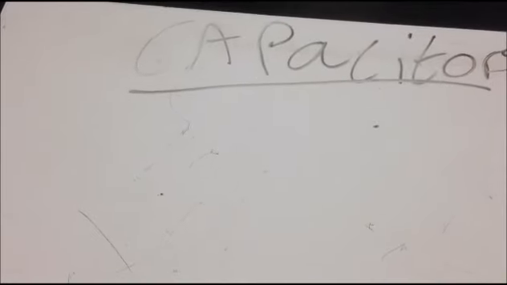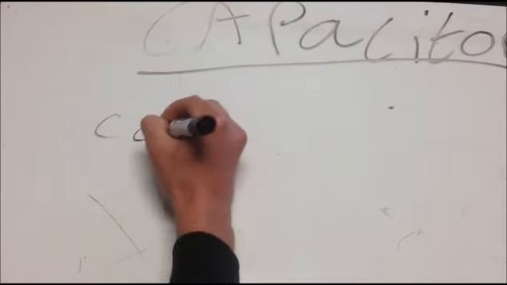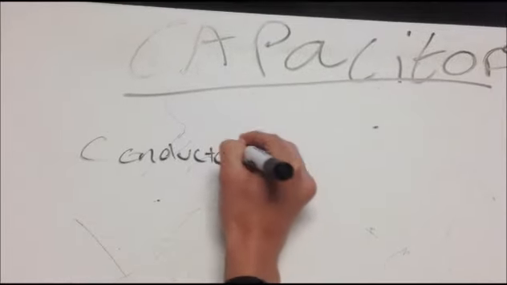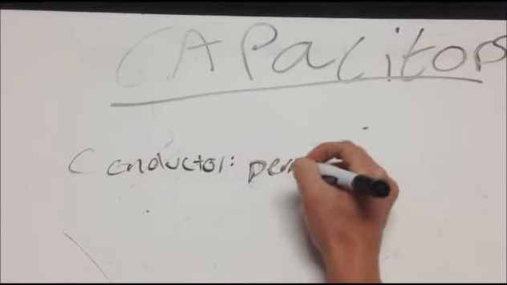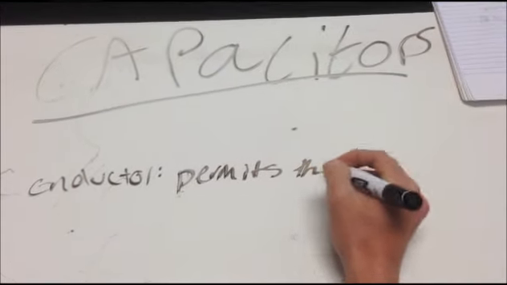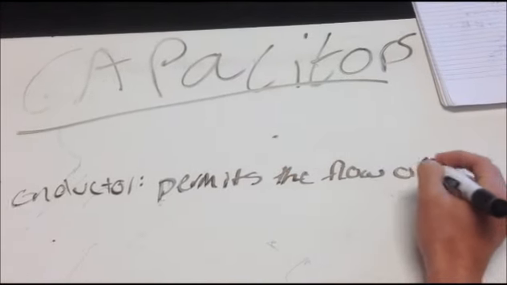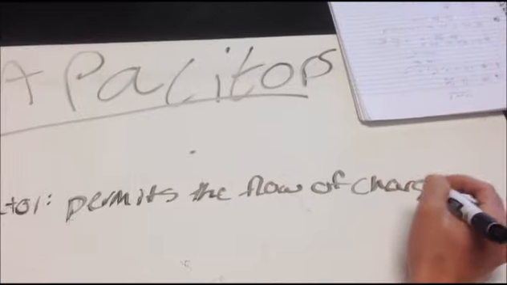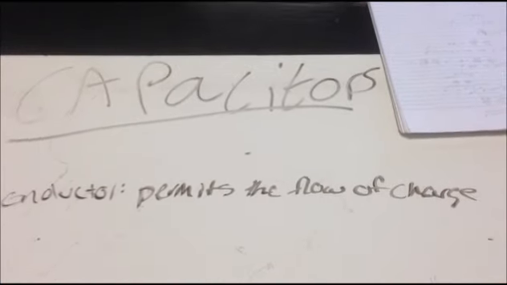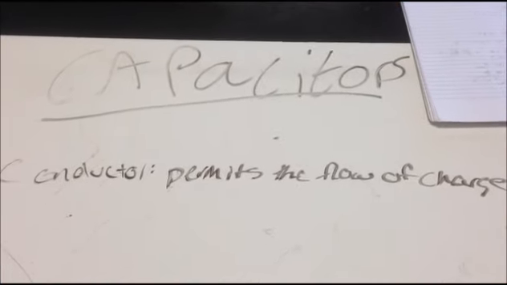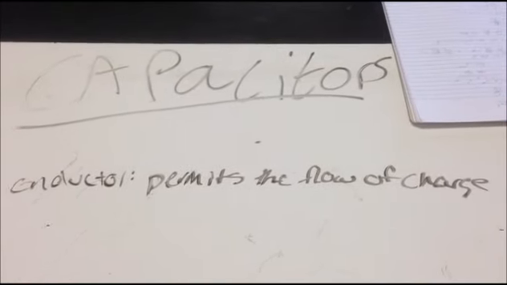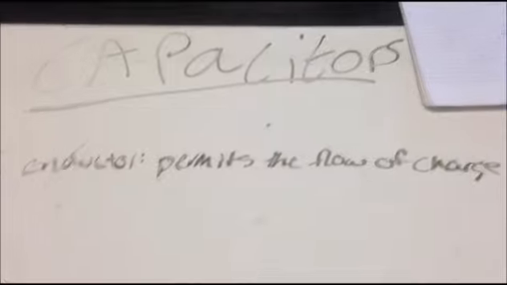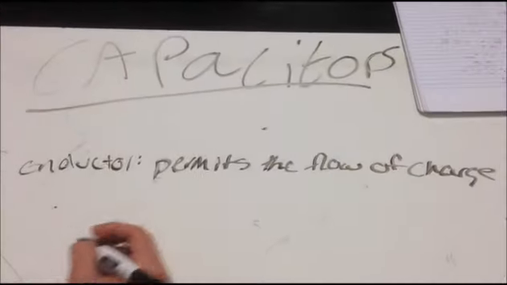Let's talk about conductors first. What is a conductor? A conductor is anything that permits the flow of charge. Okay, metals are good conductors. This is because they have a structure, a lattice of nuclei and inner-shell electrons, which allow the freedom of charge